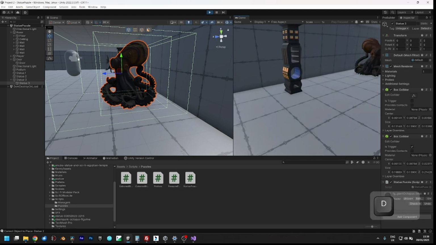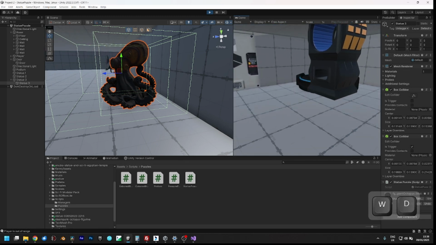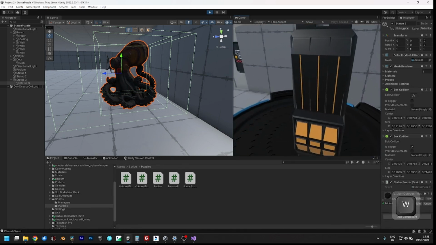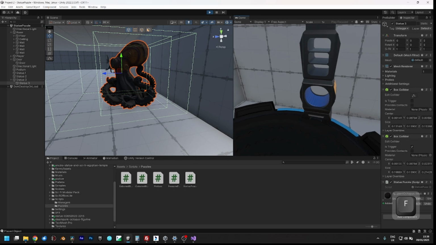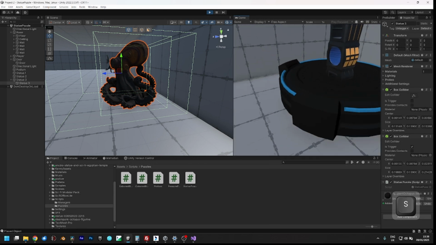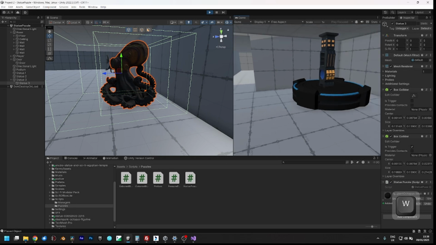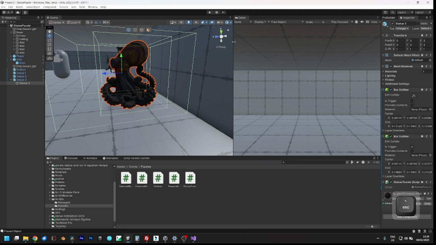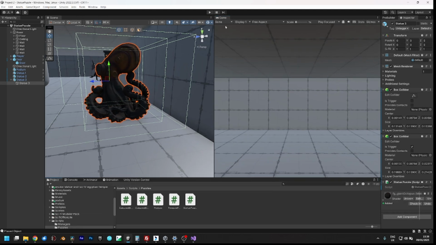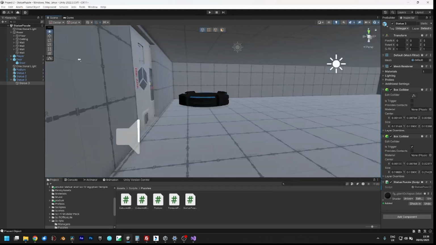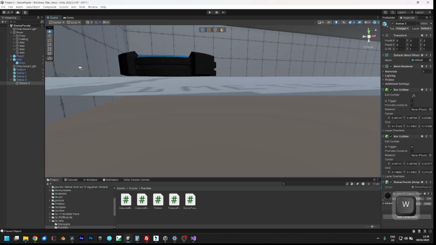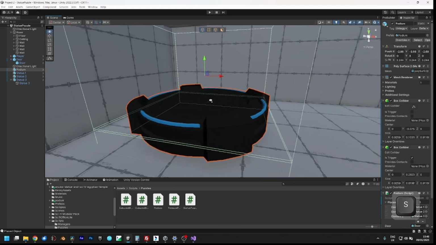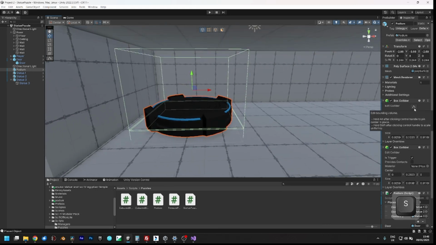So statue 2, which is this one, is the correct one to pick up. So it does work. There's some clipping problems, but we can always fix that. But it works. So to fix the clipping problems, what we're going to do is we can set it now that we know that works, that